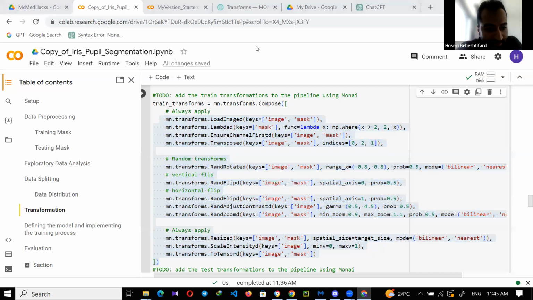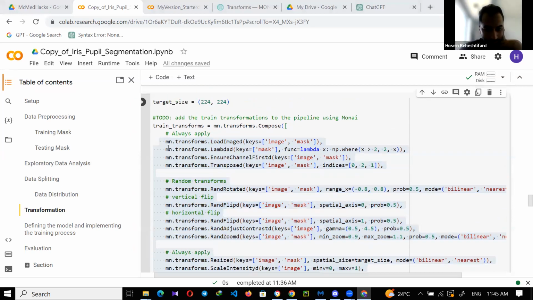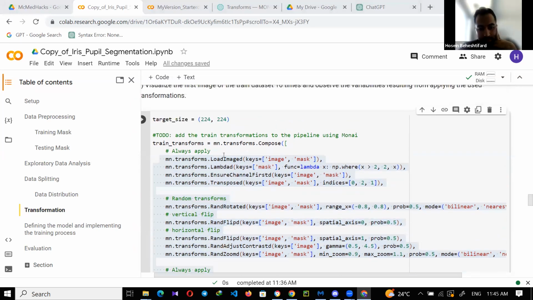Yeah, my question was, how familiar are you with implementing a training process or transformations? I wanted to know how much detail I should go into. So let's take a look at